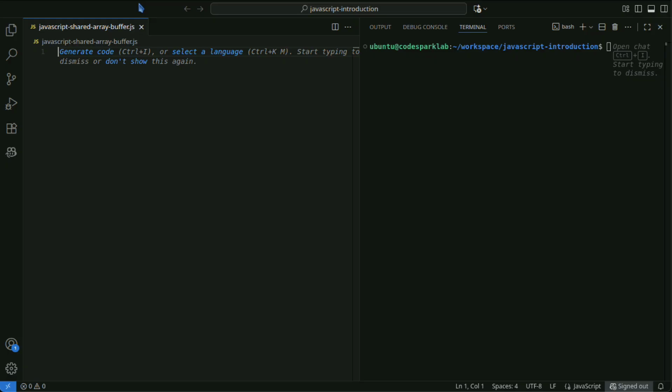This time, it's about SharedArrayBuffer in JavaScript. We will provide a detailed explanation of the basics of SharedArrayBuffer, how to use it, specific use cases, and security considerations. Enabling subtitles will make the code descriptions easier to understand.